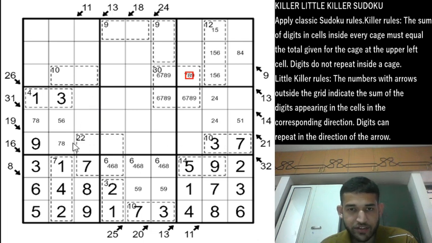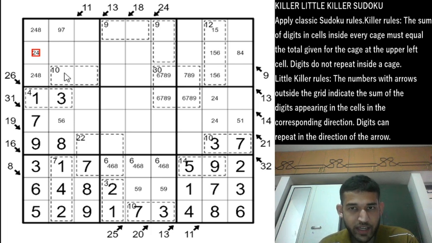And now using classic rules along row 6 we get this cell as an 8, that is row 6 column 2 will be an 8, and this will be a 7 now, and these 3 cells will be 2 4 8, this will be a 2 4 8, and this will be a 2 4 and 8. So this means for the 11 total this has to be 9 7 or a 3, but we can remove the 3 because 3 is in column 2, so 3 is not possible, which means 8 is not possible here.